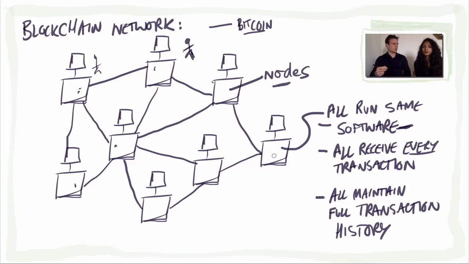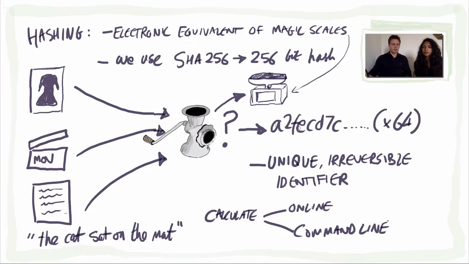And we'll go into more detail about how that happens. Okay, so basically, I want to talk a bit about hashing, right? In the first video, we talked about this concept of scales so accurate that you can literally weigh every single atom and pick up every single piece of ink on the page, right? Now, that was a bit of a weird analogy, but in electronic terms,